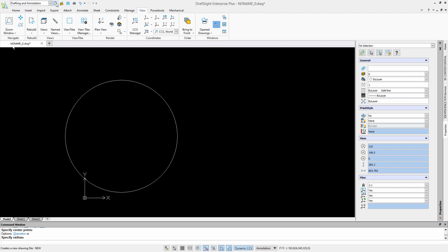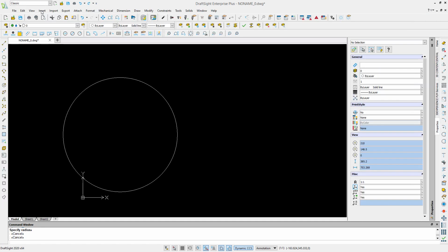At the very, very top, we can see the Quick Access toolbar with the normal commands, things like New, Open and Save, and so on. There's also a user interface selection tool, as well as the DraftSight logo. The interface selection tool allows you to switch from the ribbon style to a more classic layout, so there you can see it.